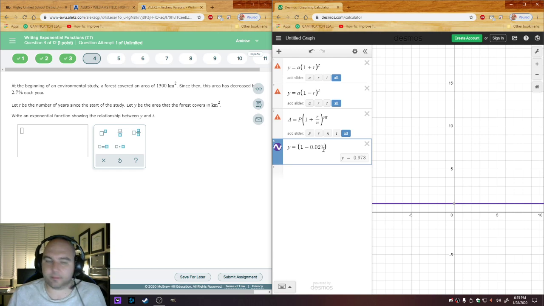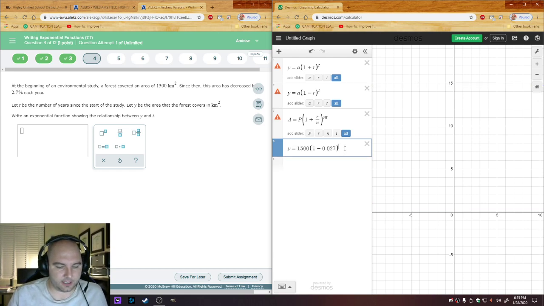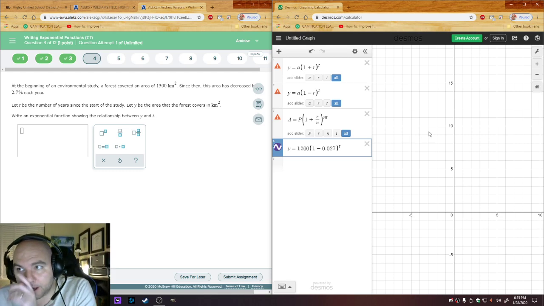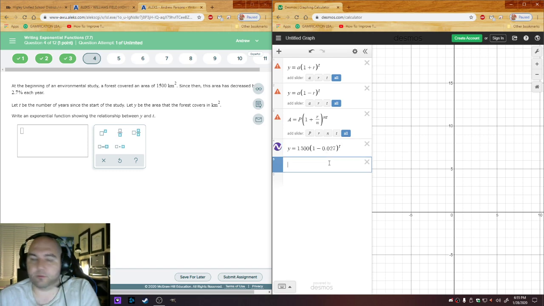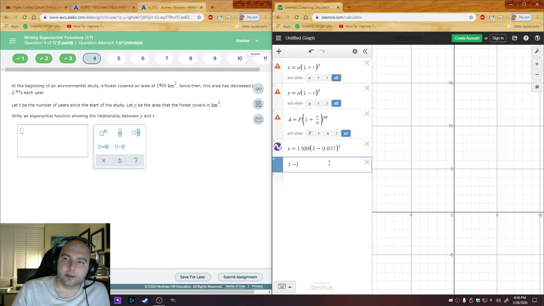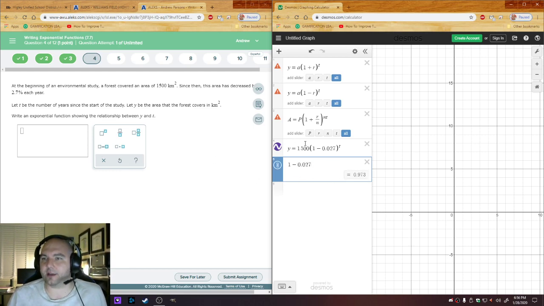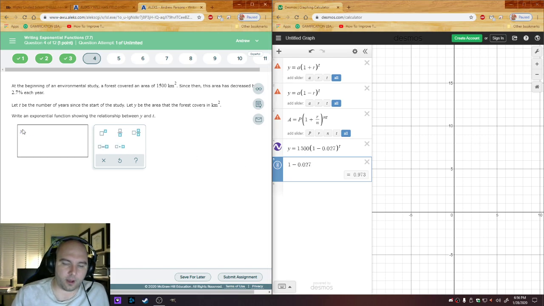Oh, I messed up. I forgot to put the starting amount in front. And then I'll raise that to the t. By the way, this is graphing this, but it doesn't really matter. If I zoomed out, I would see the graph, but I'm not interested in seeing the graph. I am interested in fixing this, though. 1 minus 0.027 is not going to work. They're going to need me to simplify that. So maybe off to the side, let me write what that is. 0.973. I did see that earlier while I was typing stuff in without the front number. So when I write my final answer, I'm going to write y equals 1500